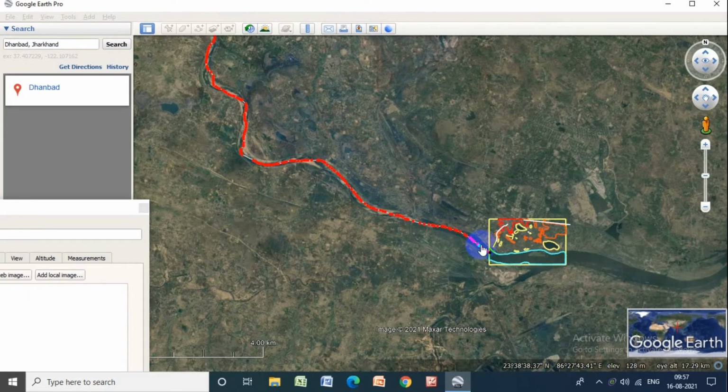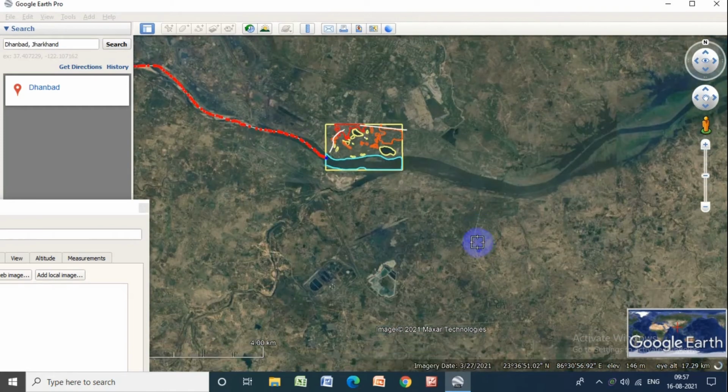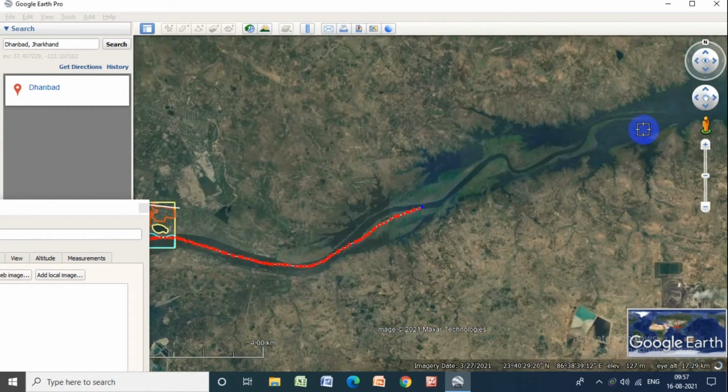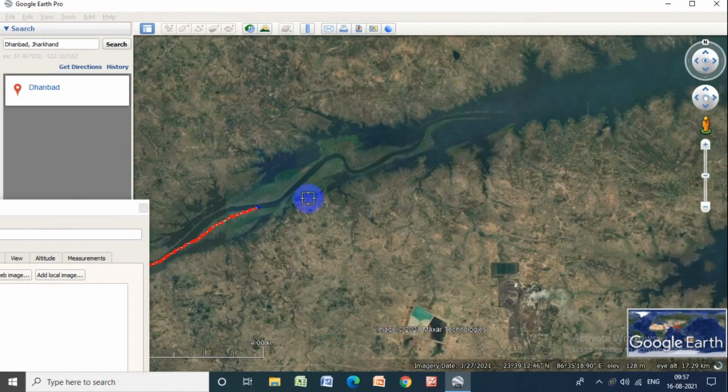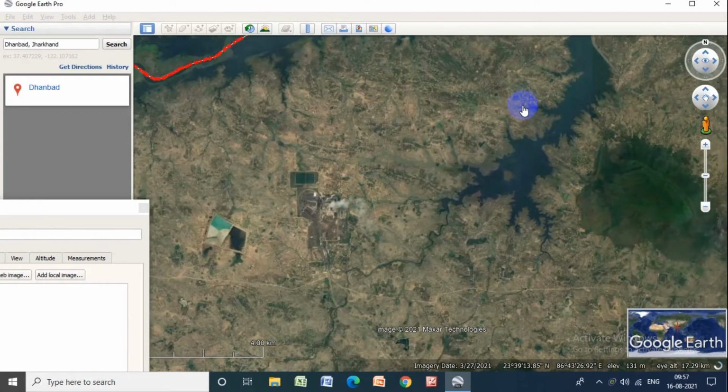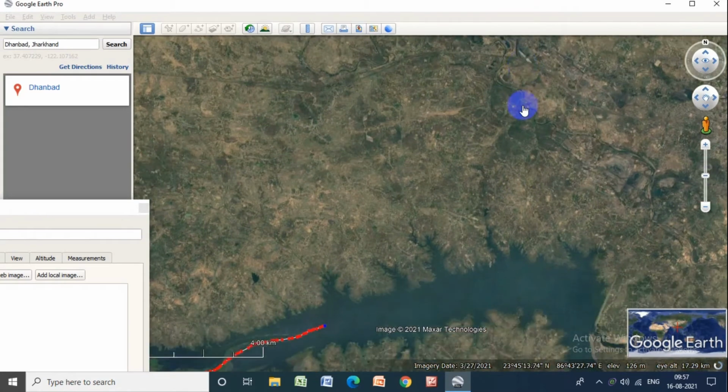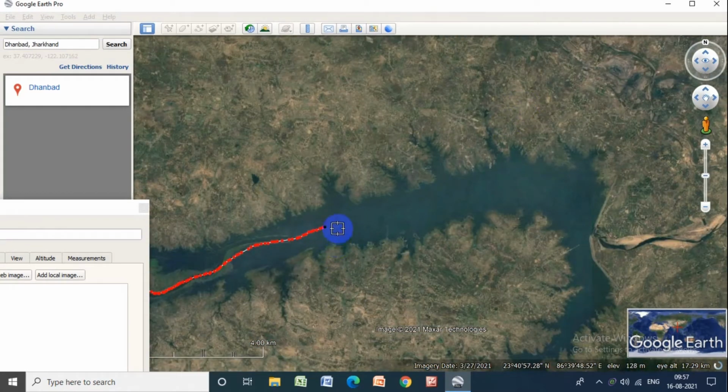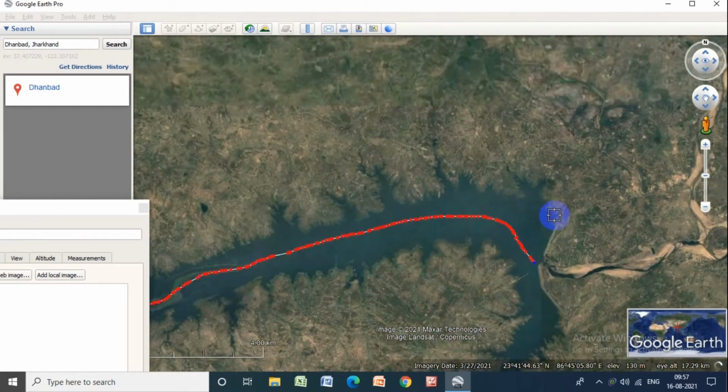And this is the earlier exercise we have completed on Google Earth. Avoid it. We reach here at Panchet Dam.